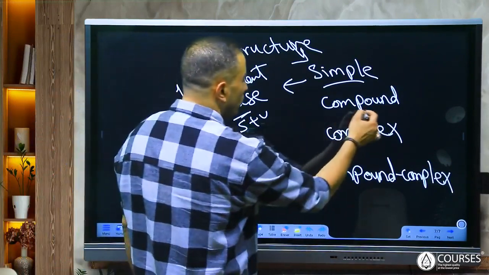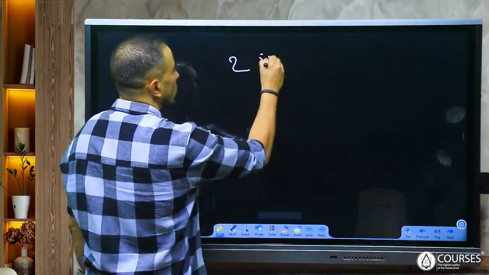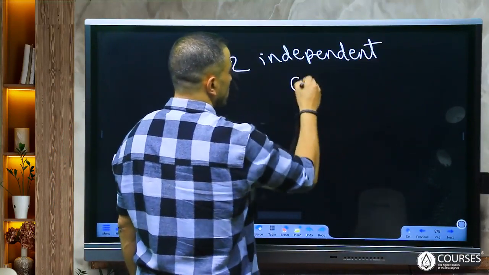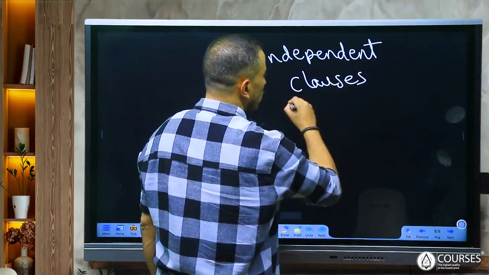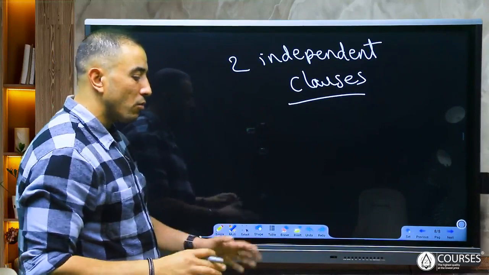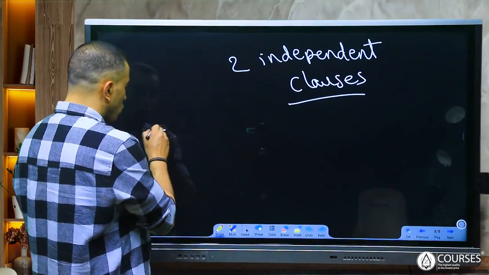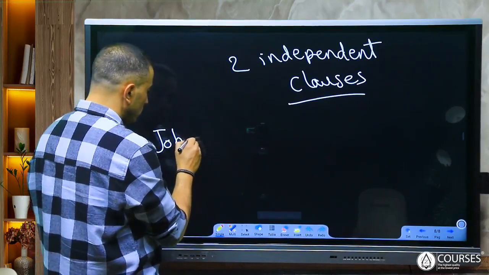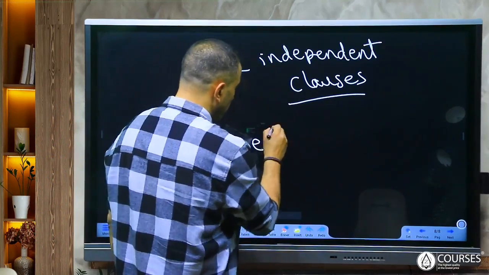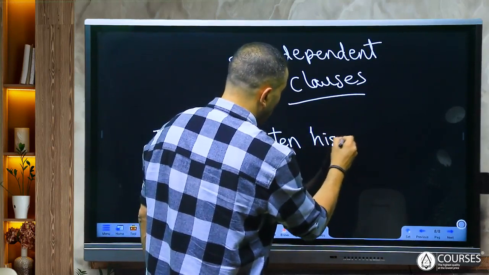Okay. The compound sentence. Compound sentence consists of two independent clauses. Two independent clauses, each one of them can stand alone by itself, and each of them gives me a complete idea or a complete understanding. For example, John has eaten his meal,